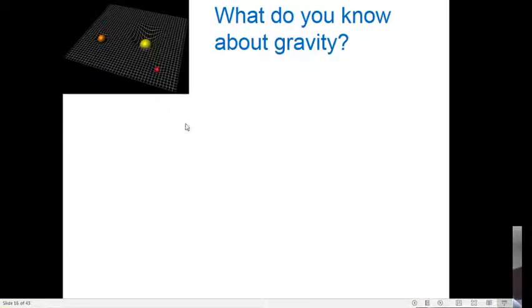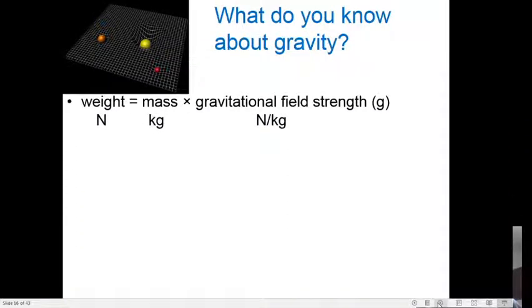Okay, so what do you know about gravity? Now, if you get more advanced gravity, you get the idea of gravity waves and the effect of gravity around it in space, and you get diagrams like that, but probably not going to be reproduced in your exam question for this one. But we should know already that the weight of an object is equal to its mass times